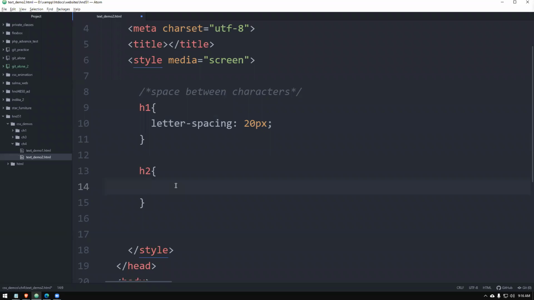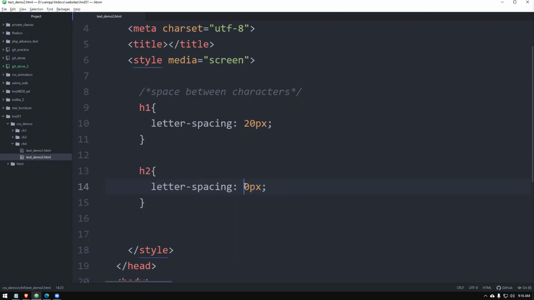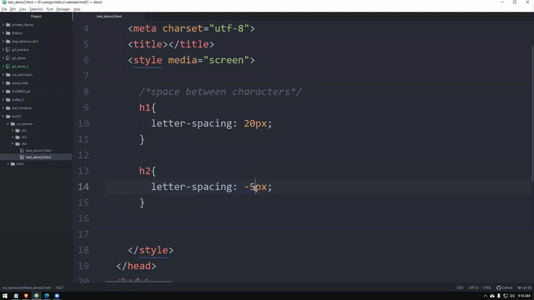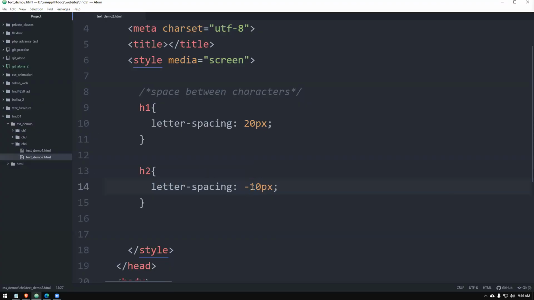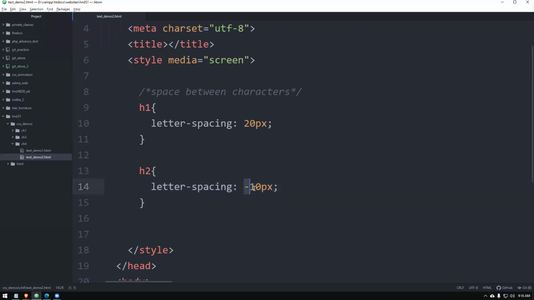So here you can give some more letter spacing. If I give something like 0, let's see what happens to the heading 2. I think 0 is the default value. Let's give a minus value like -5. Do you see that it is getting really conjoined, right? So if you give something like -20, it will be difficult for anybody. It's going the other way around also. There you go. So it's very difficult to see, but you can copy and paste and see what it is, right? So that is possible.